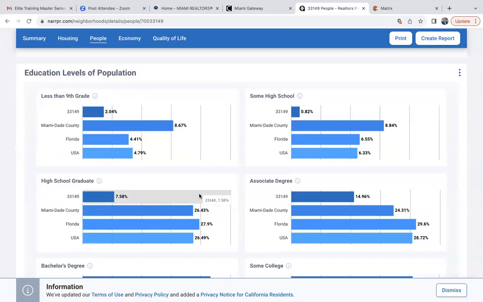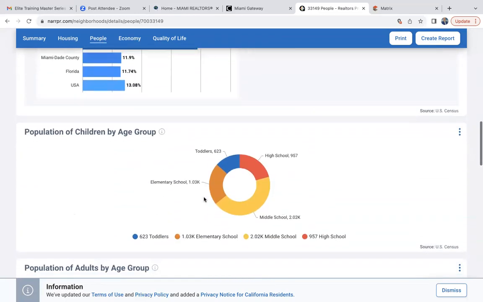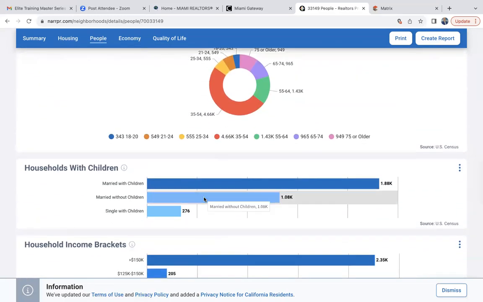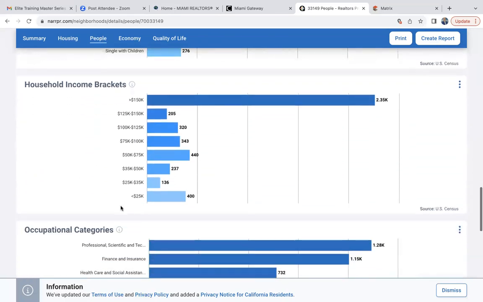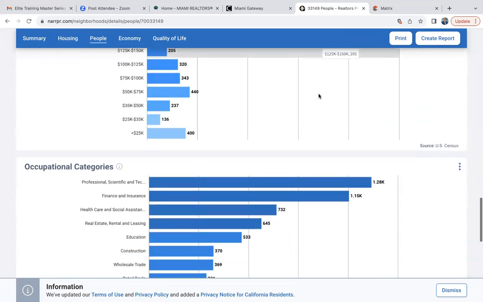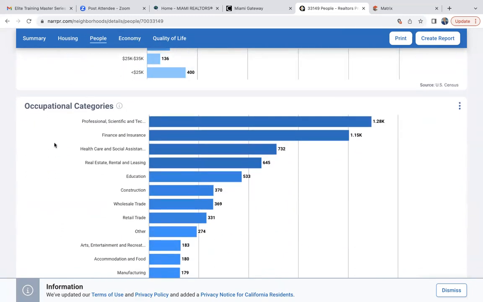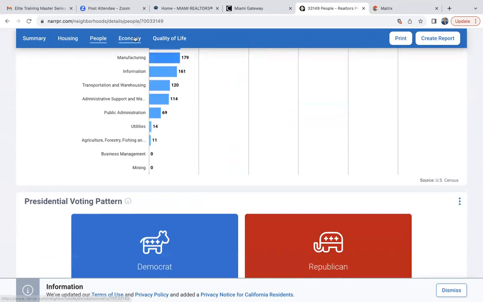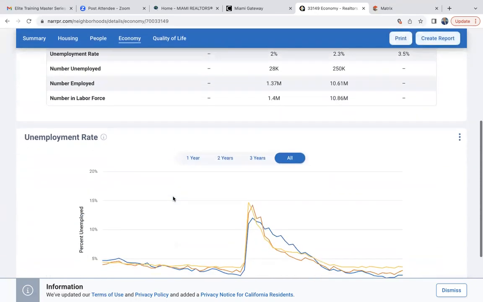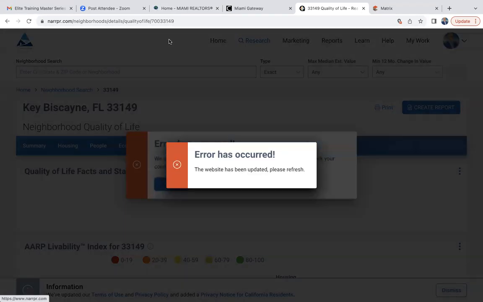You have the education levels of the population here, population of children by age group, population of adults by age group, households with children, and household income brackets. A very large majority of the population in Key Biscayne earns more than $150,000 a year. And we have occupational categories. Then you have economy here. You can study the economy of Key Biscayne, unemployment, economic facts and stats, and you do have quality of life,